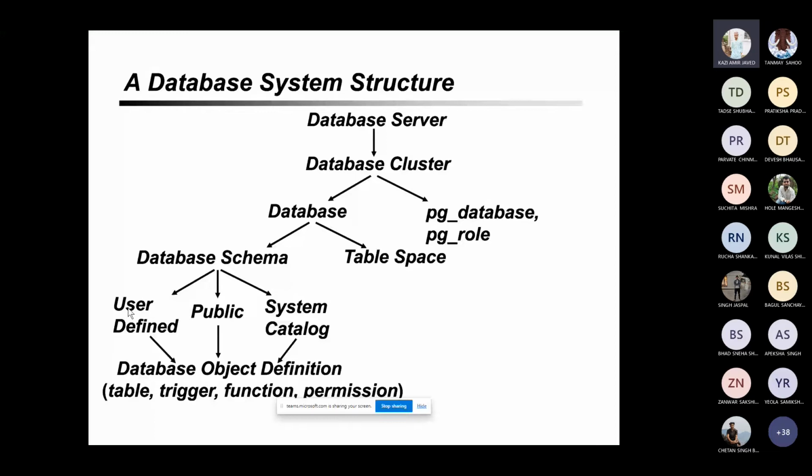Can somebody help me out? How can we see these schemas? Can somebody help me?